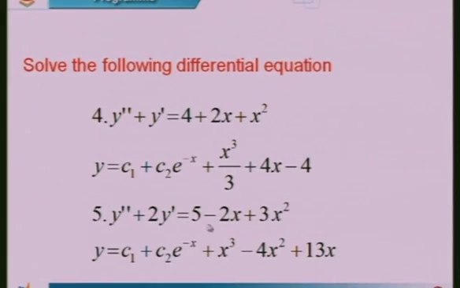y double dash plus 2y dash is equal to 5 minus something we have given. So here also it will become d square plus 2d, take d common, you will get d plus 2, find the division, then whatever answer you get, if you integrate it, you can see the answer, because 3x square is there, the first term is going to be 3x square only, that is why it is integration. X is there, integration, constant is there, whose integration, 1 by d, that format will occur, you can do this problem.